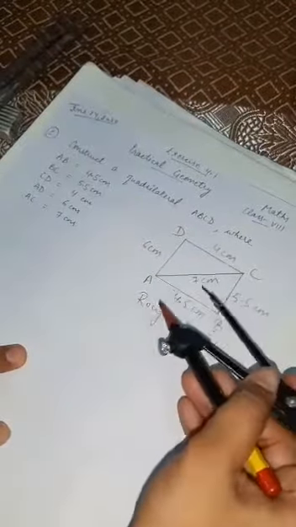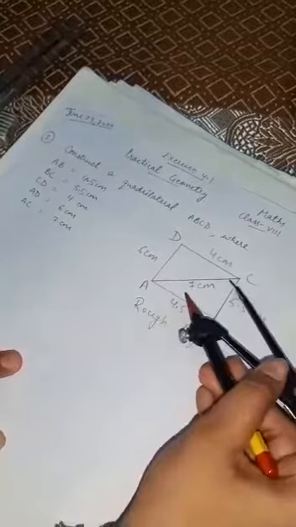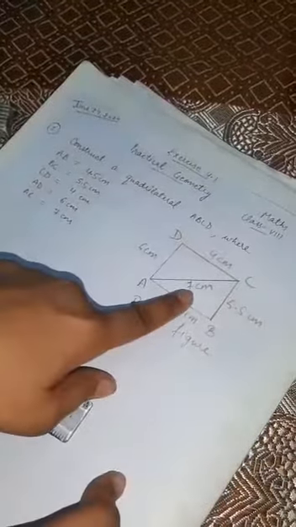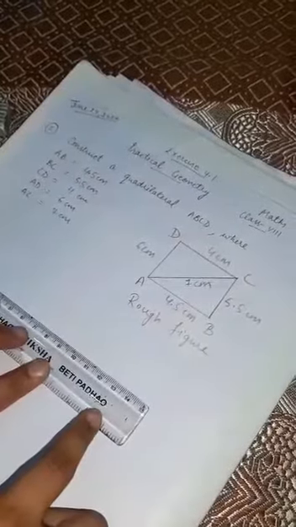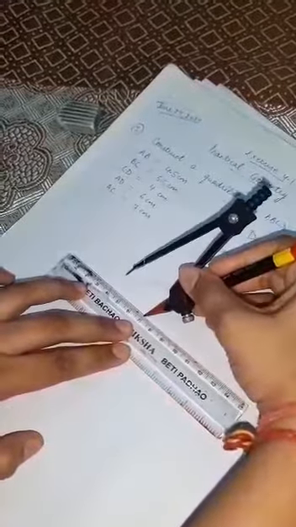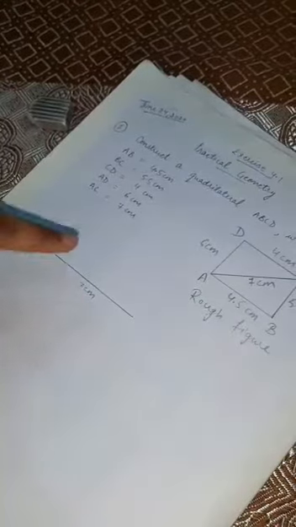Okay, so all the 4 sides are given and 1 diagonal is given. I am going to start with this diagonal. I will draw this diagonal first of all, and with the help of the diagonal I will draw the other remaining sides. So our diagonal is 7 centimeters. That means you need to draw a line segment of 7 centimeters. You all know how to draw a line. Take a scale and draw a line of 7 centimeters. It is a 7 centimeter line segment, so mention this. The name of this line is AC.